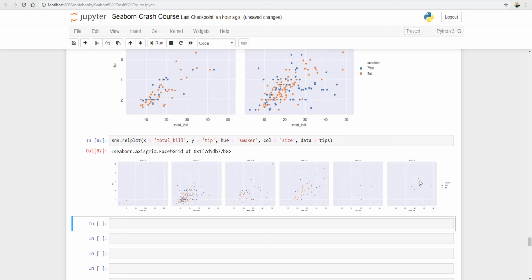Now here there is a little problem. There are so many figures, and these figures are aligned in a row. Okay, now we have other methods with which we can control this wrapping. I'll tell you later how you can do that, and that can be done with the column wrapping and the row wrapping. So I'll tell you that later. So now let's go ahead with the